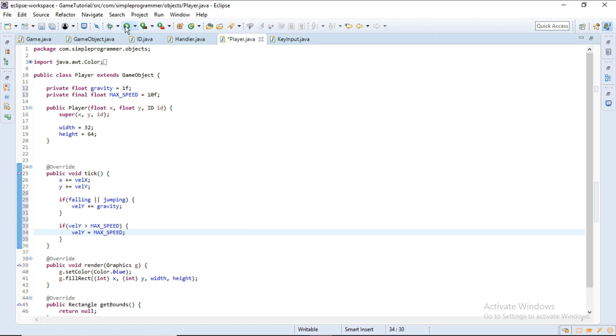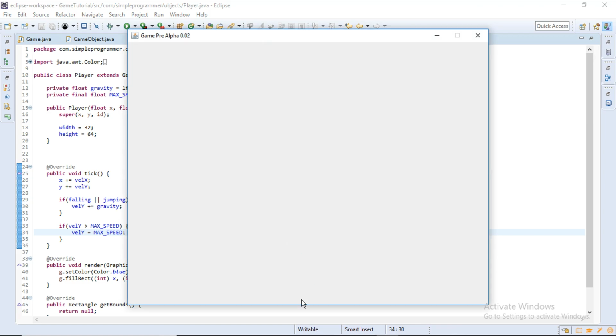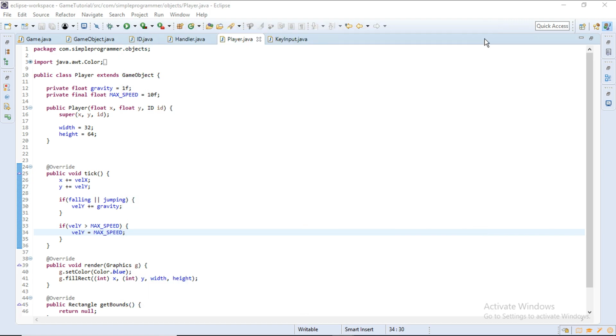So now if we run, you should see that our player accelerates while it's falling, but then it just stops when it gets to our max speed. So there we go. Now let's actually make another object,